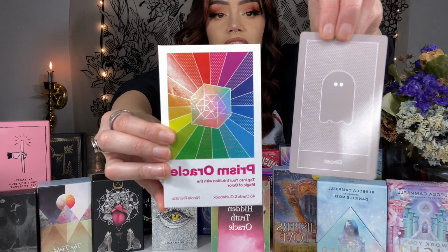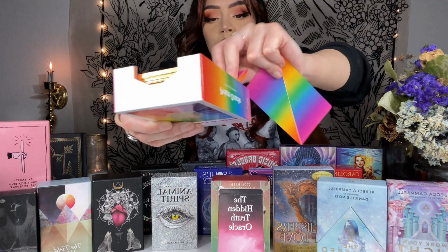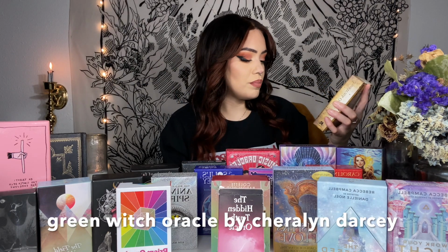Where it's like Ghost. This is my favorite card, you guys. This is such a freaking cute card, little Ghost. All right, it's got this back. All right, we'll see another one. Protection, okay. We have the Green Witch Oracle, again by Charlene